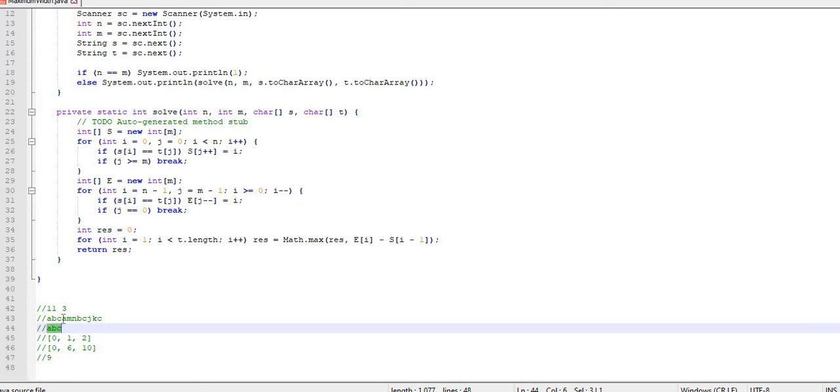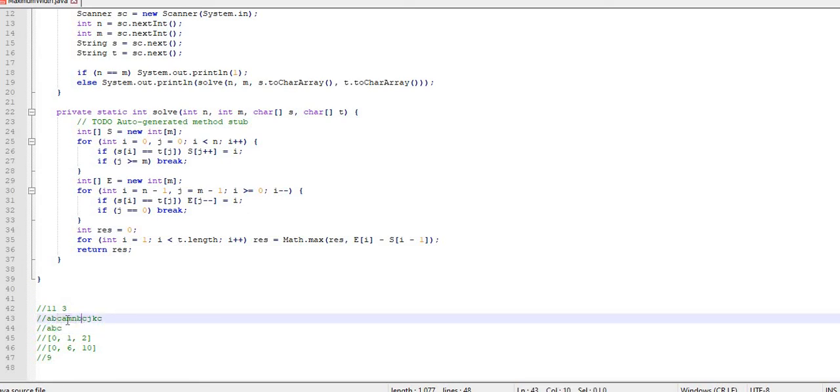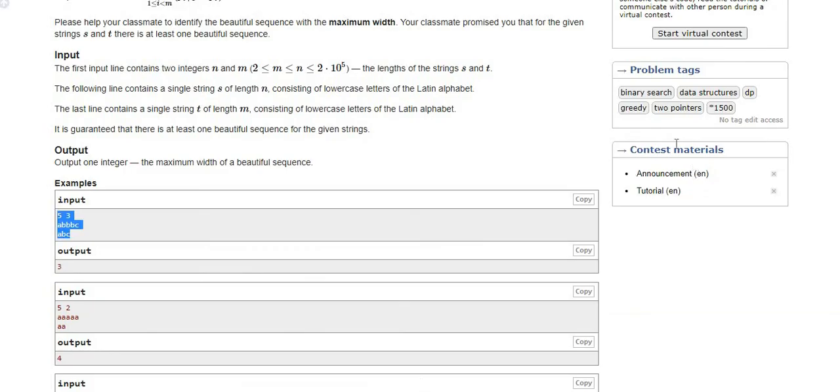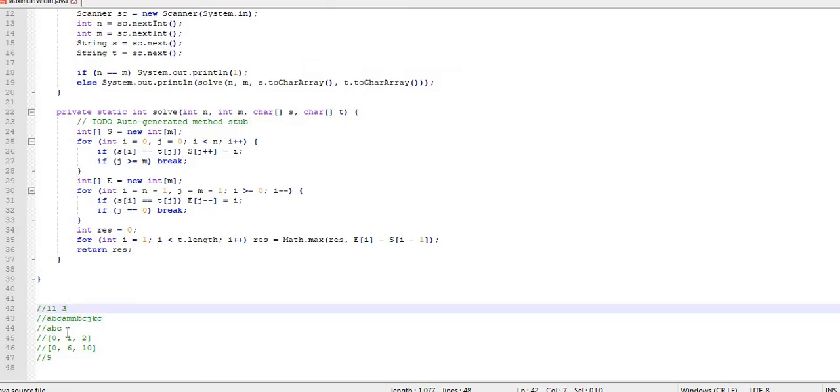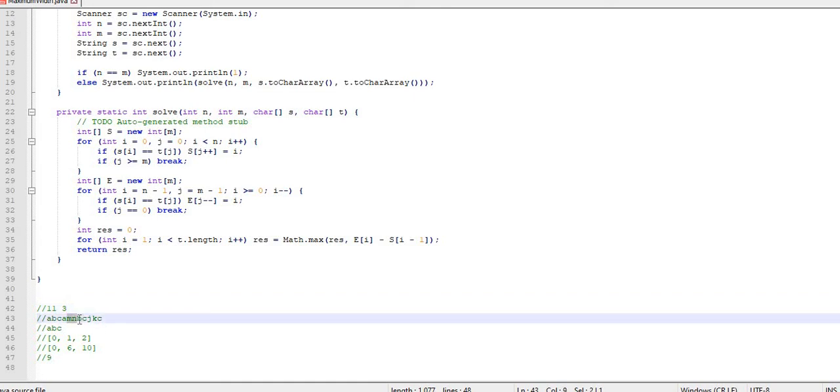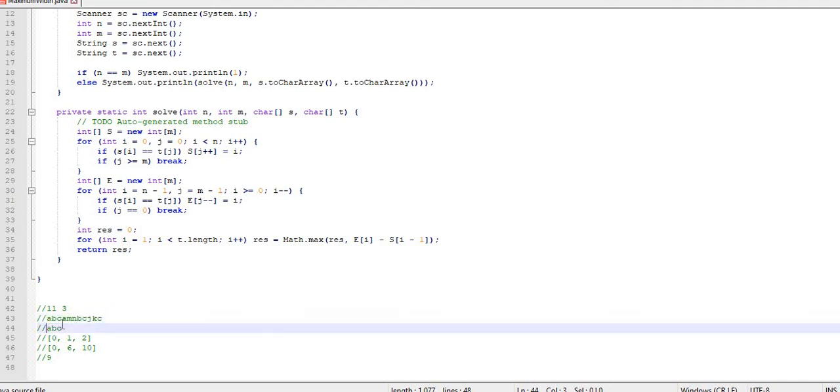My output might have a different character set, because they mentioned binary search, so I'm not sure whether it is in ascending order or not, but it won't make much difference because it is eventually going to give me the correct output. So you can take this example, that's fine. Here s has indexes 0 to 10, and t has indexes 0 to 2.